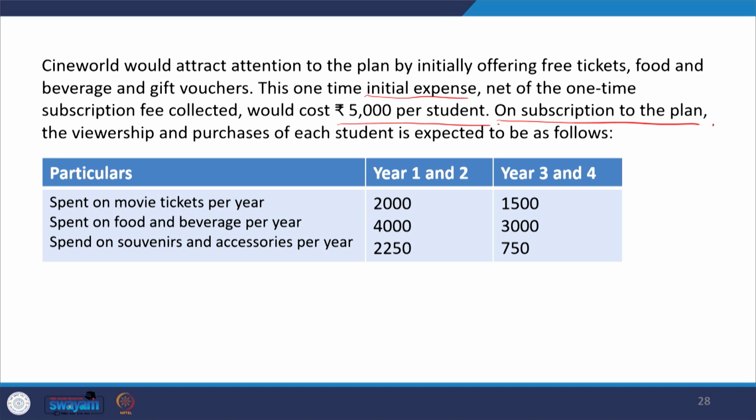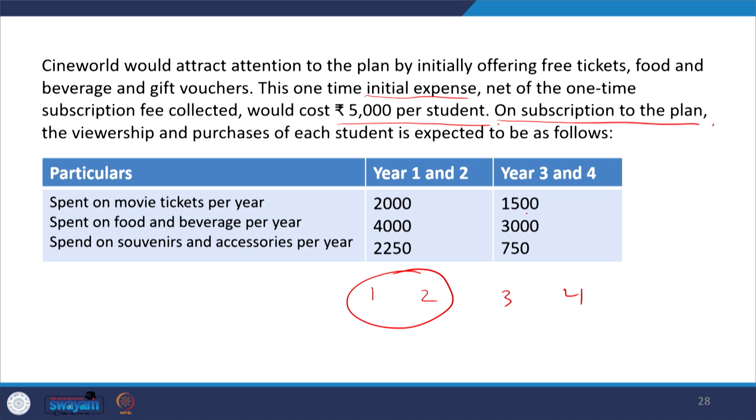Okay. So, now the company, the theatre, thinks about the spend on movie tickets per year. In the first year and second year, so the 4 years are 1, 2, 3 and 4 let us say, so this 2, right, year 1 and 2. On movie tickets people would be spending almost 2,000 rupees, right, on food and beverages 4,000, souvenirs and accessories